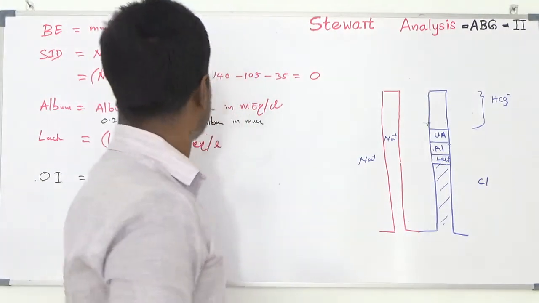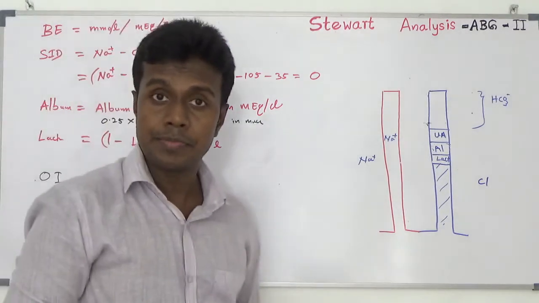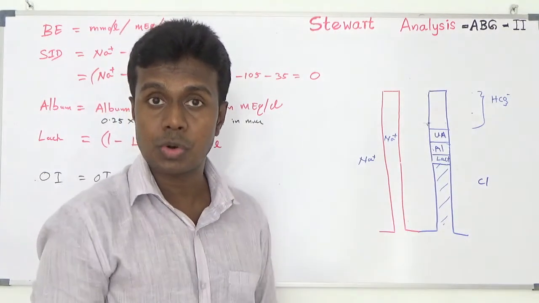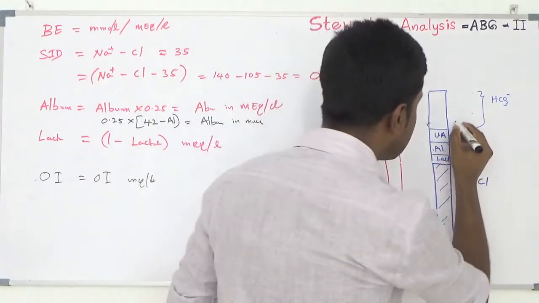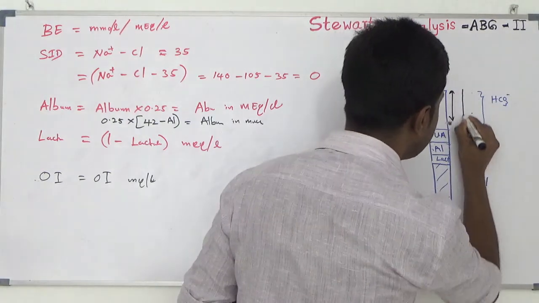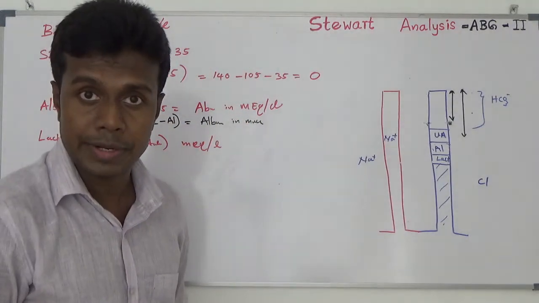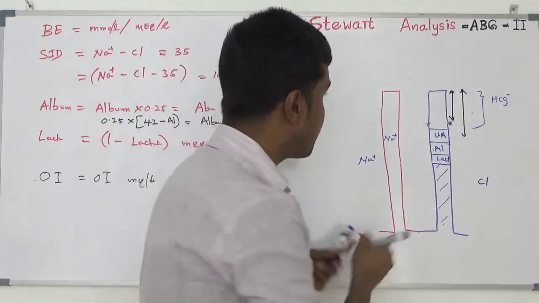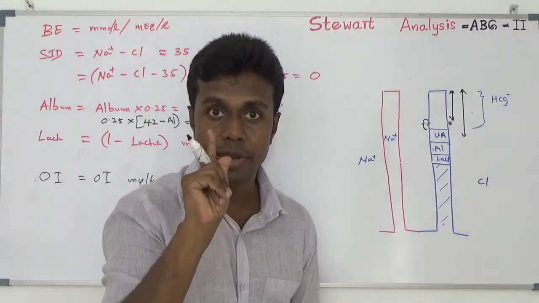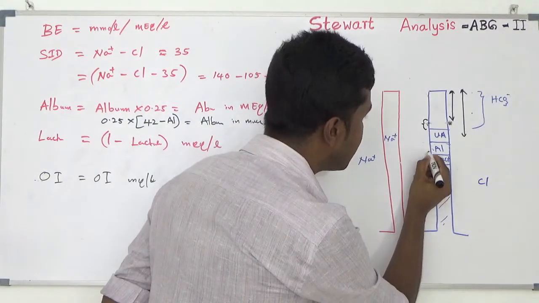I will show. If my patient has base excess, that means additional bicarbonate or reduction of bicarbonate, base excess negative or positive. That means the amount of bicarbonate is either reduced or increased. If my patient has a reduced amount of bicarbonate, that reduction from here to here, in milliequivalents per liter, must be equal to any kind of increment from here to here.